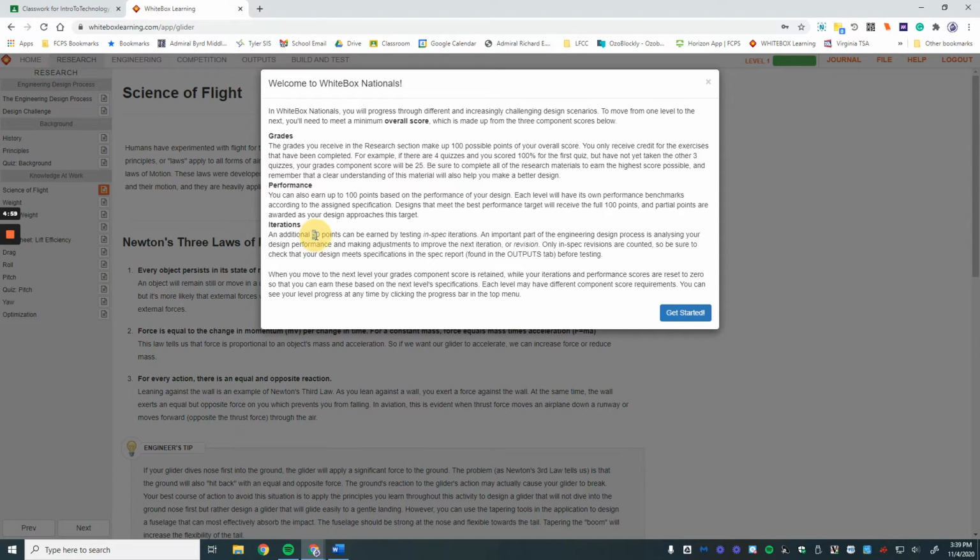And the third one here is you can get up to 50 points for iterations. Now an iteration is when you've made your design, you've tested the thing, and you get your results. When you go back, make adjustments, save it, and retest it, that is an iteration. So every time that you go back, adjust it, save it, run it, it's going to give you points toward iteration. If you are in spec, which all that is covered right here in spec iterations, that's covered in the